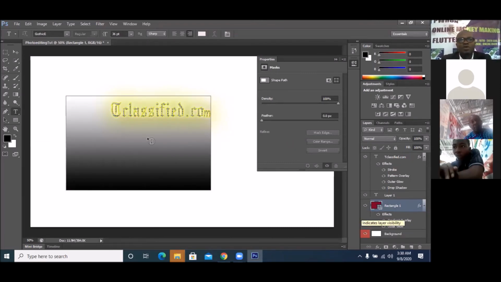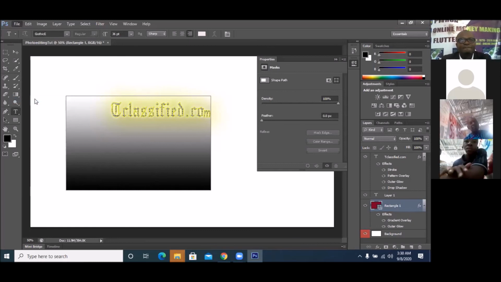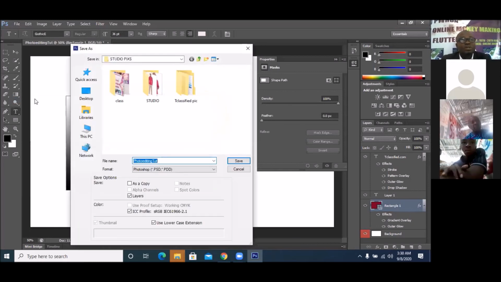So once you're done with working on your file, the next thing you're going to do is to save. And to save, you simply go to File, go to Save As. So once you're on Save As, you now save with any name. One good thing about saving is that you can save as JPEG or as anything, you understand? So it's different from the project. The project has everything, but what you save depends on what you want to use the file for at the moment. Is that clear? And you know you can save at various times, depending on the level of your work. So I'm going to simply save this as